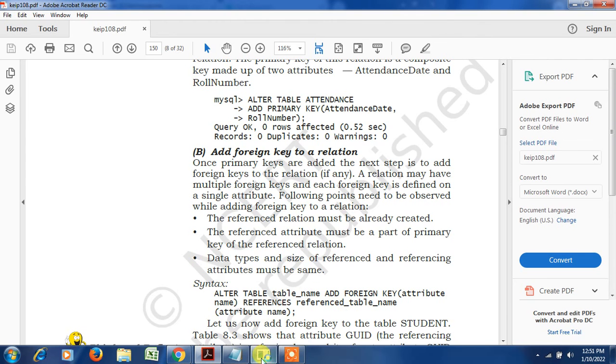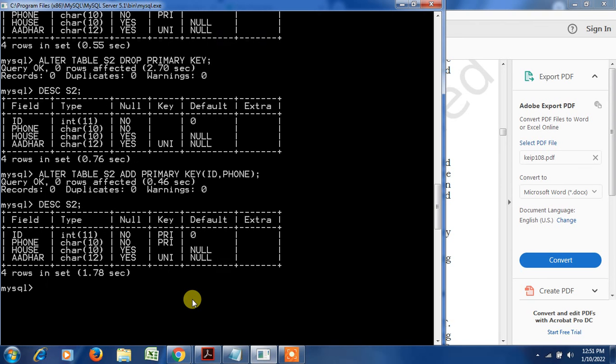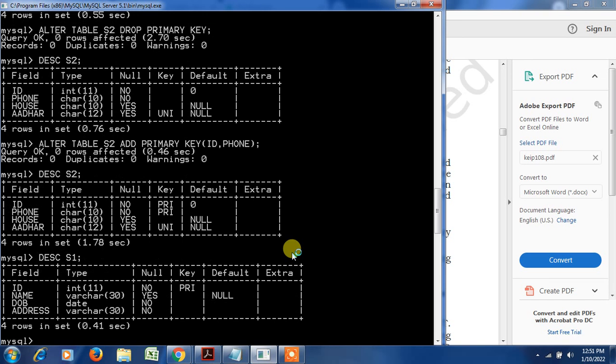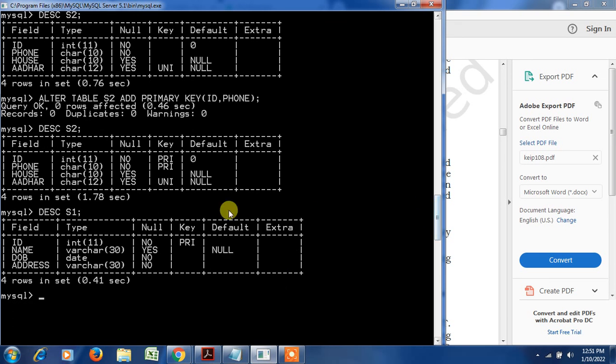Now if you want to add a foreign key, which one do you want to add it to? I'm going with the description of S1. The primary key is already there, and the address and Aadhaar are also there.